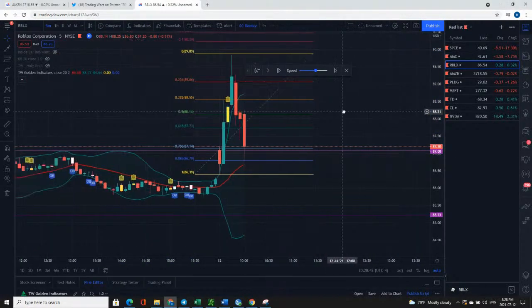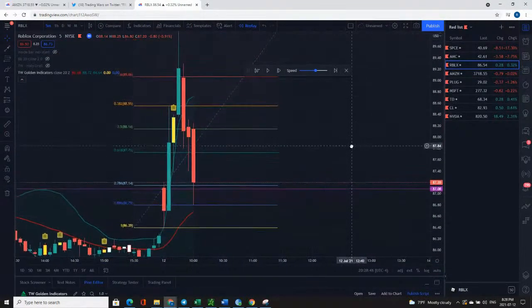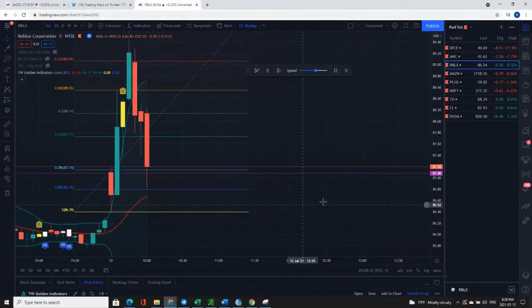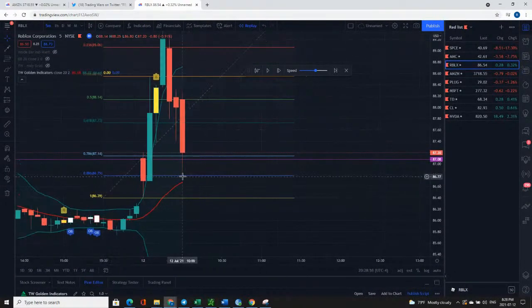Okay, so here we go. Let's look at this fib here. I mean, it doesn't get any better than that, guys. Look at this. We tag the 786, and for half a second we hold it, the algo is just sitting there, and then boom, it just takes it right up there. And from an algorithm perspective, guys, this move from here to here can make them a lot of money. The way that the robots are designed, they don't need huge moves to make money. This little move right here is a one-to-one risk to reward. You enter here, stop loss is here, your target is here, done. Right? So these algorithms are just amazing. And this is the power of the Fibonacci.